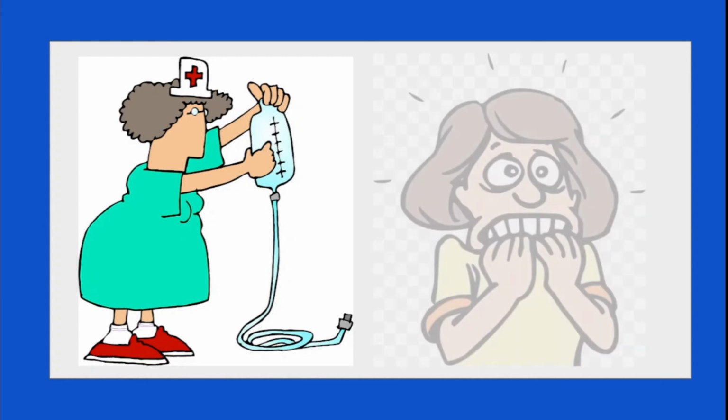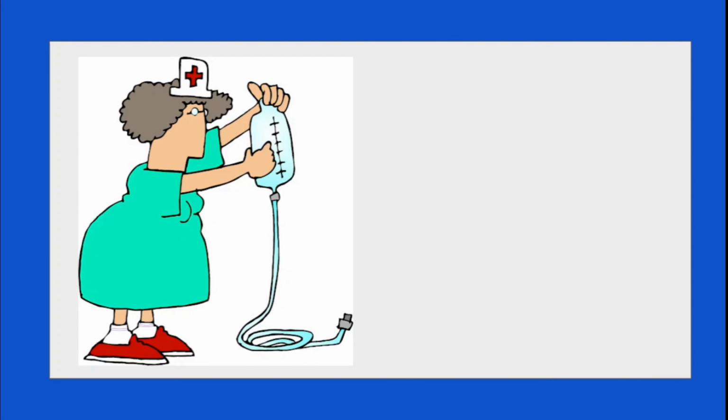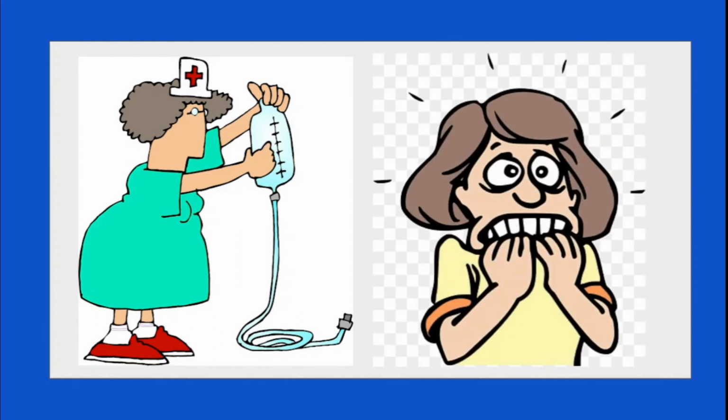Next, we should reduce anxiety. Patients with peptic ulcer are actually anxious, but their anxiety is not always obvious. So we have to give them appropriate information about the medical regimens. Their questions should be answered, and the patient should be encouraged to express their fears, etc. So these are the ways to reduce anxiety.